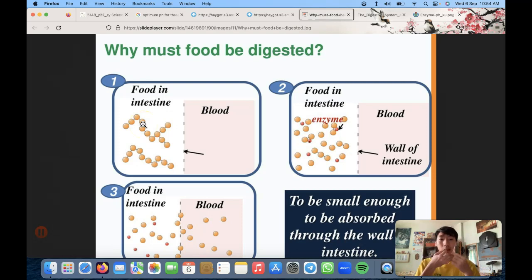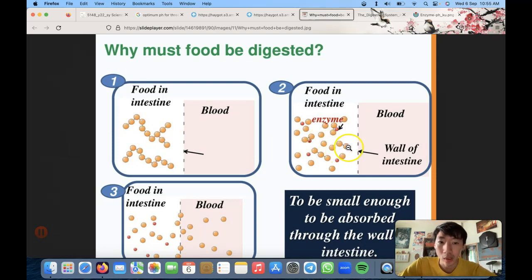So actually when you're eating, there's a tube from your mouth all the way down to your anus. That's just a long tube. The food actually didn't go into your body yet. It's just going through the tube. But how does it actually enter into your blood, which is then your body? Actually, the food has been digested by enzymes. So you see these red dots? These are the enzymes. Enzymes are able to break down large food molecules into smaller food molecules.